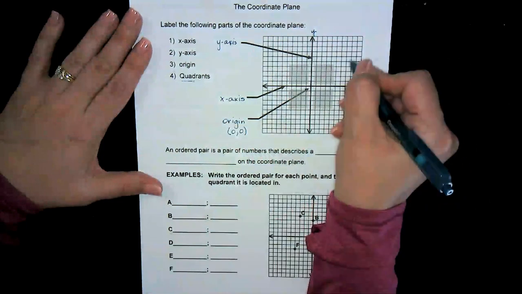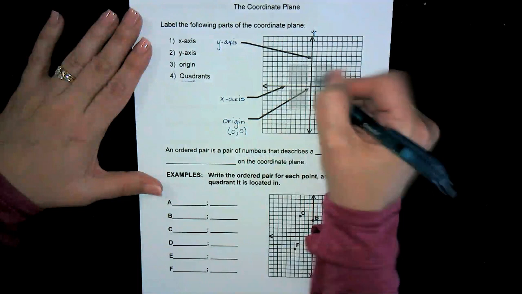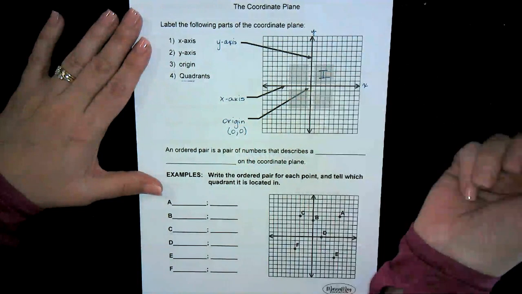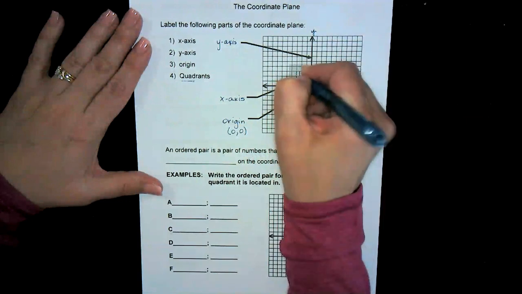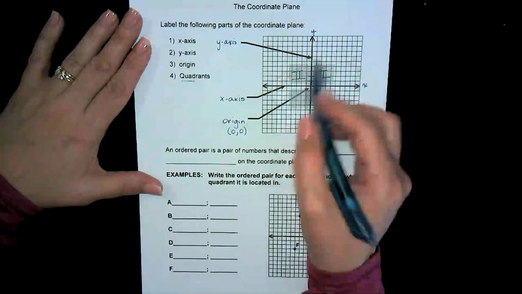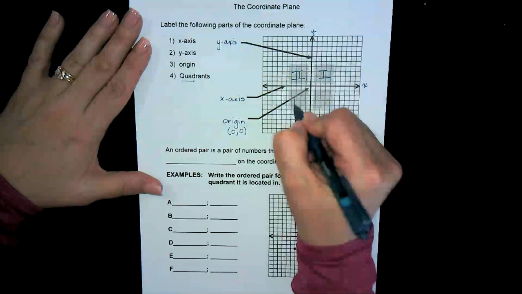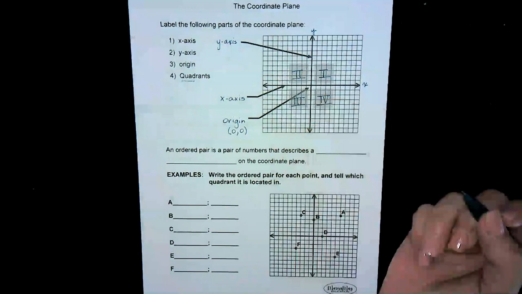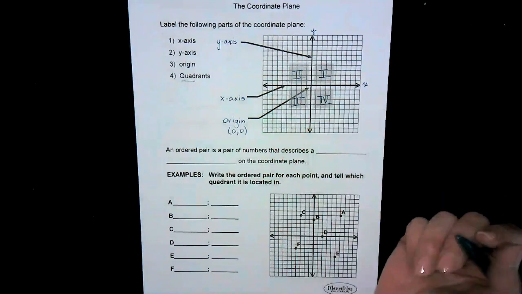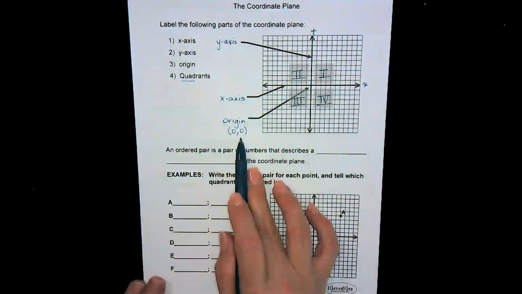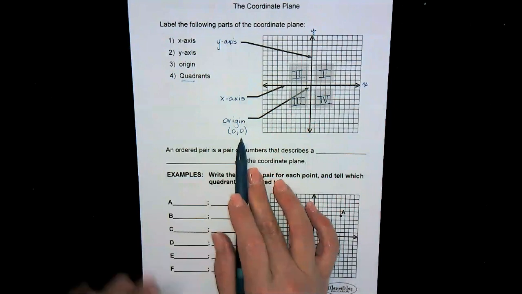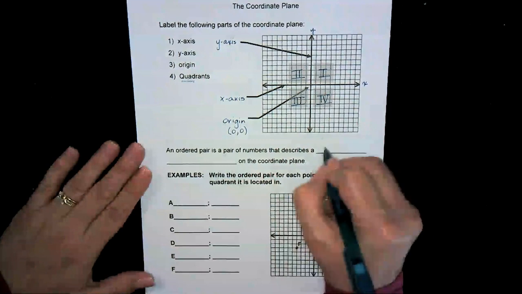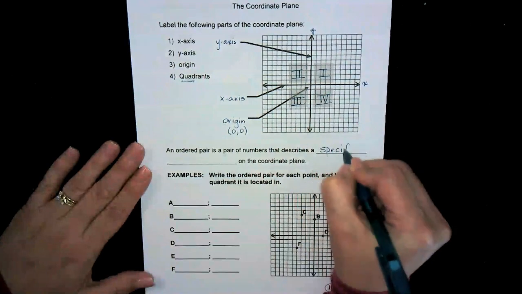We start in the top right with quadrant number 1, and we use Roman numerals to identify them. So this is quadrant 1. Quadrant 2 moves in a counterclockwise motion. Then quadrant 3, and finally, quadrant 4. Again, we use those Roman numerals to identify the quadrants here. Now, an ordered pair, I mentioned the ordered pair for the origin. An ordered pair is a pair of numbers that describes a specific location